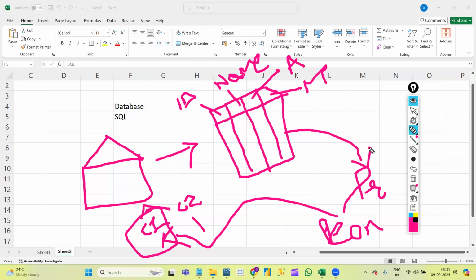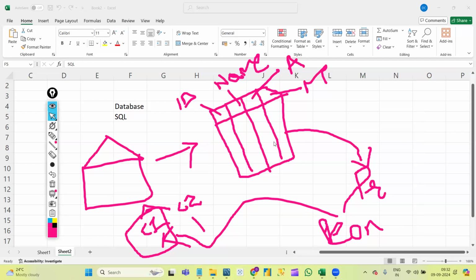Here in that register, we have all the students' details. Now the principal is seeing that, analyzing those details. Okay, this is what happens if we store the data in the form of registers. If I talk about the same example, instead of registers, if we store the data in computers, how will it be? Let's see. Instead of registers in the same school, if they store the details in a computer,